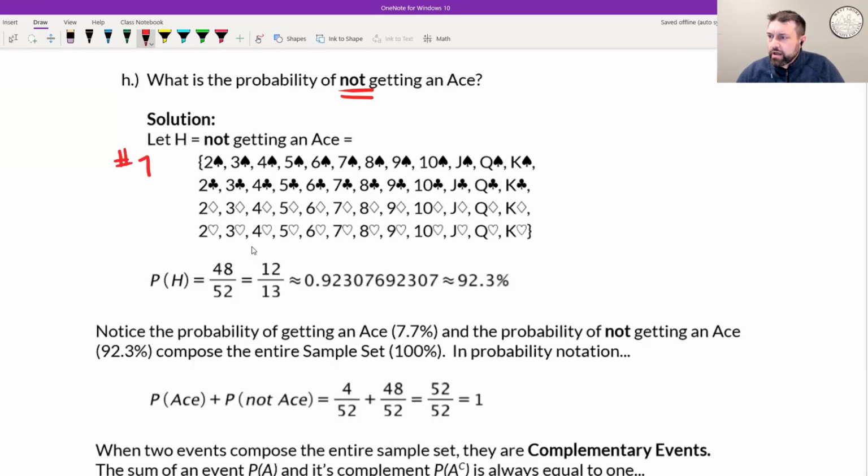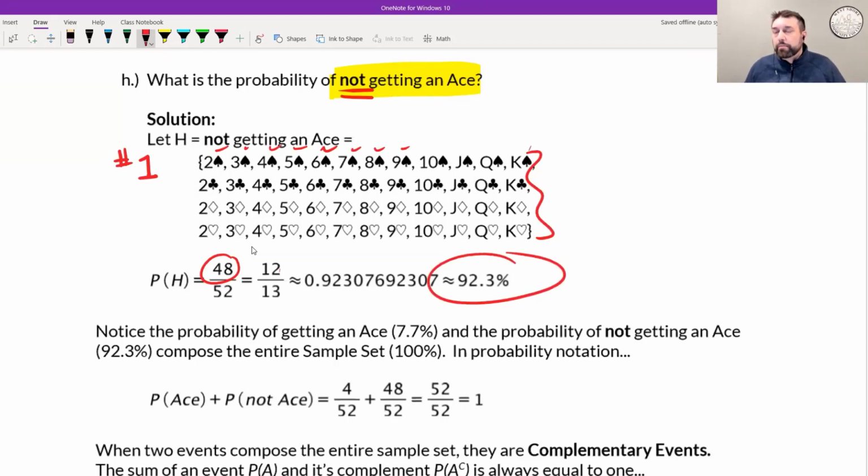Method number one, let's count all the cards that are not aces, because that's what we're looking for. We want the probability of not drawing an ace. So let's count them. Okay, here we go. 1, 2, 3, 4. Oh, this is taking a long time. 5, 6, 7, 8. So you can see it's going to take a long time to count these all up. 12 out of 13 is equal to 48 over 52. Here's your percentage, 92.3%. But it takes you a long time to count how many satisfy your condition of not